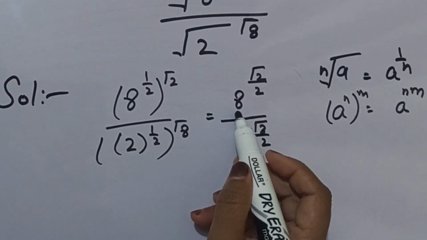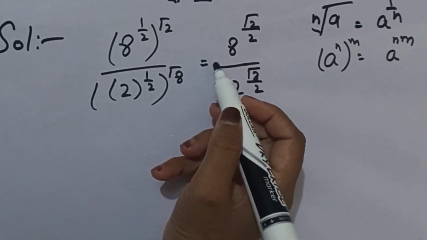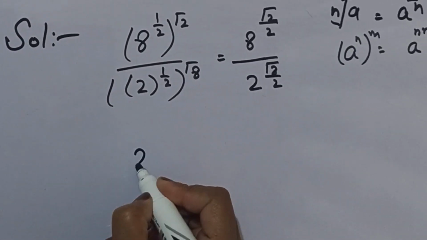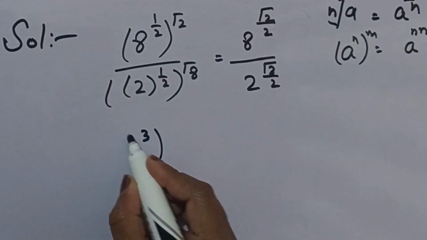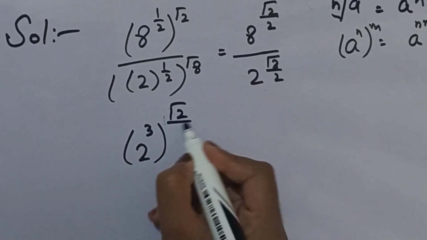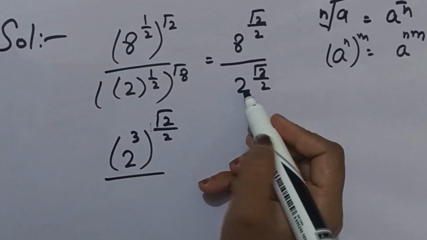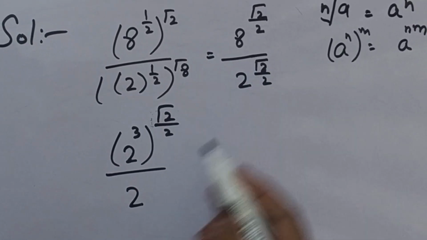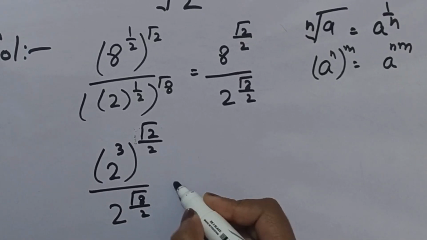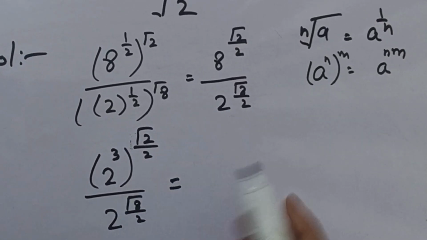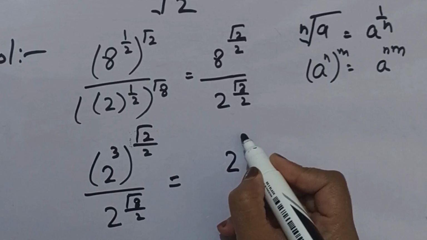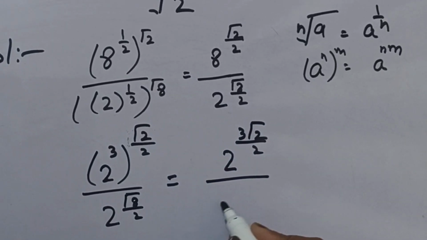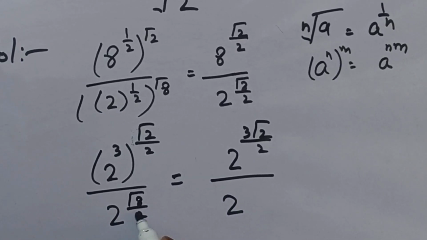We write this 8 as 2 cube, which is equal to 8. So we have 2 cube which is equal to 8, and its power is square root 2 over 2. And look at the denominator, we have 2, its power is square root 8 over 2. In the next step we use this identity on numerator, then we have 2 raised to the power 3 times square root 2 over 2 over, look at the denominator, we have 2 and its power is